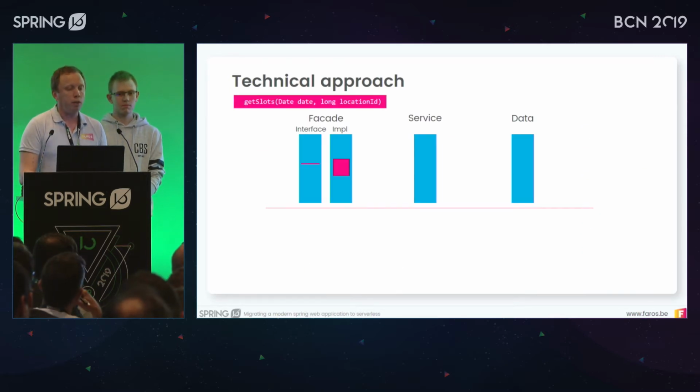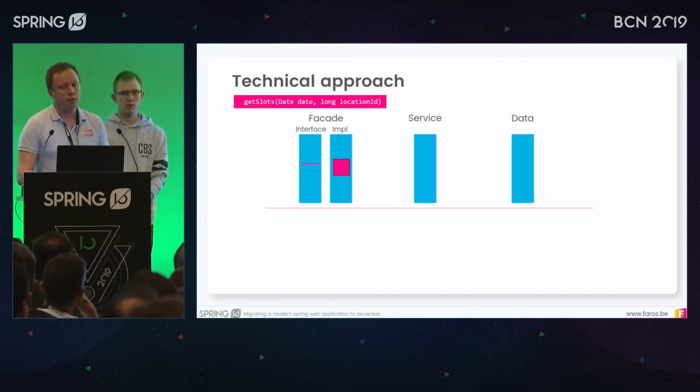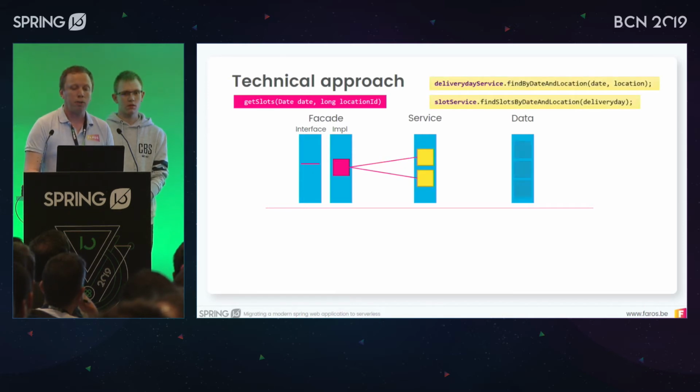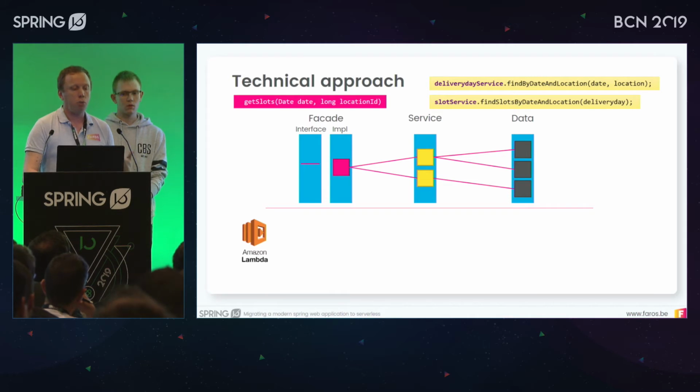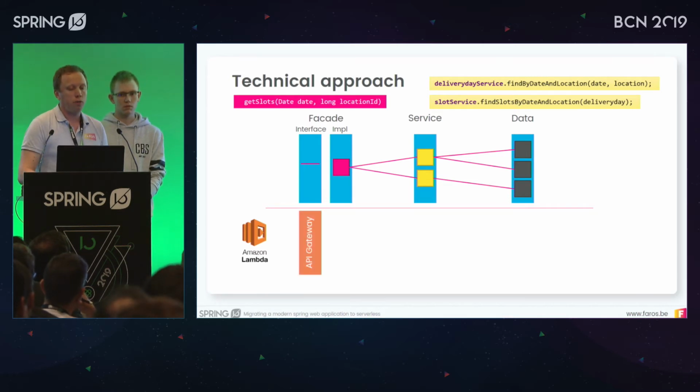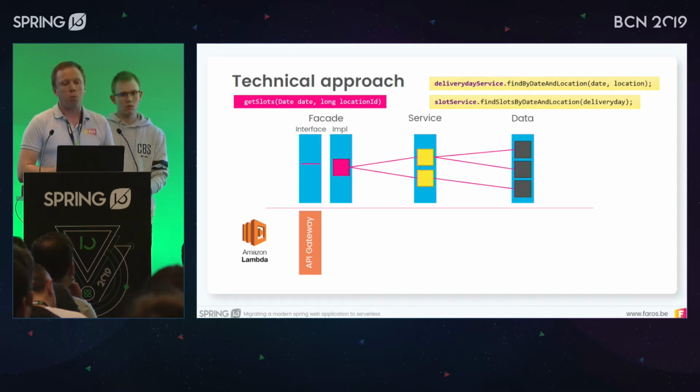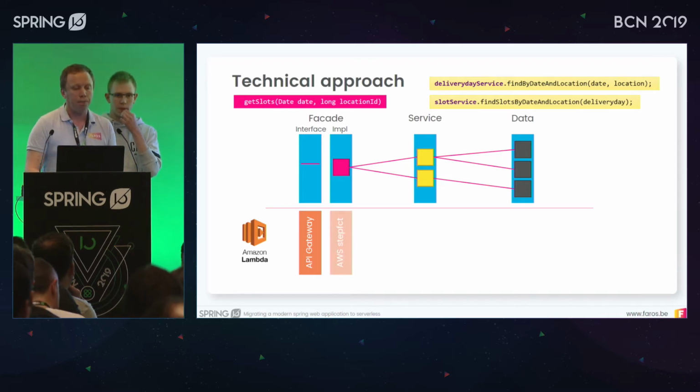Now, again, if we take a look at our example before the migration, we had a facade which in turn would call one or more service methods, and these might then call multiple repositories. So the facade is like the orchestrator, you could say. Now, we thought about how we translate this to AWS, to a serverless architecture. And the first thing that we thought about was, of course, we have this interface. So we are going to use an API gateway for that. So in fact, the interface itself translates one-on-one, so to say, to the API gateway.